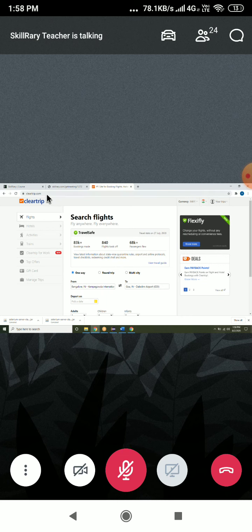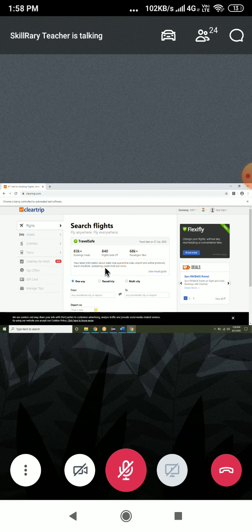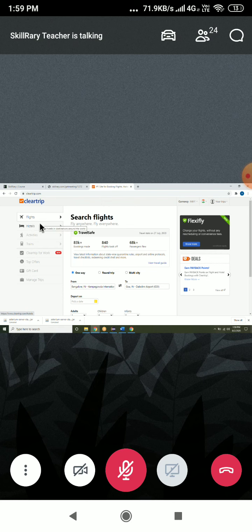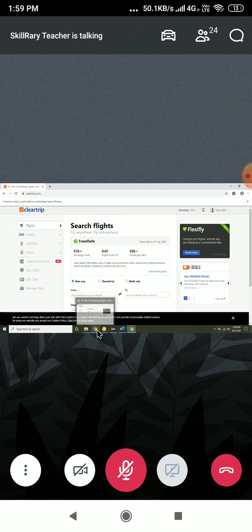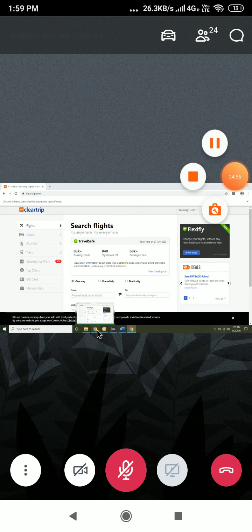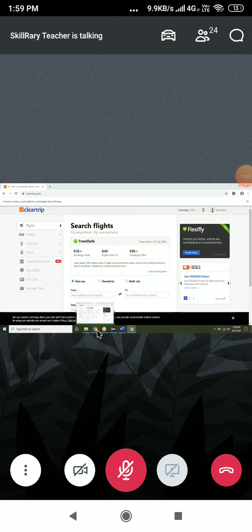Actually, first time, here also I opened cleartrip. When I entered cleartrip here, I got the notification. When I entered cleartrip here, I didn't get the notification. The reason is this one. Both are Chrome browsers. This one I have opened manually.